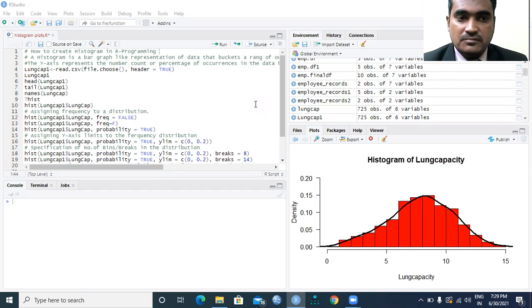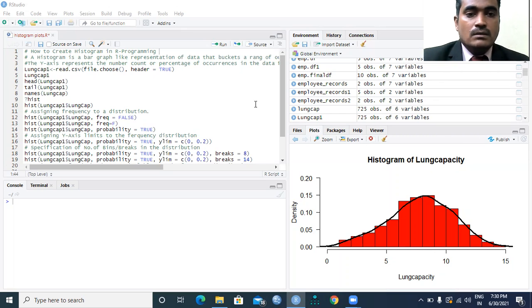When the data is in a frequency distribution form, then we can use the concept of a histogram in R programming. A histogram seems to be like a bar graph, but it is not a bar graph. In a bar graph, the type of the data may be categorical, whereas in a histogram, the type of the data should be continuous in nature. It's what we call the frequency distribution. So when we have a frequency distribution and want to prepare a graph, in such situations we will use a histogram.